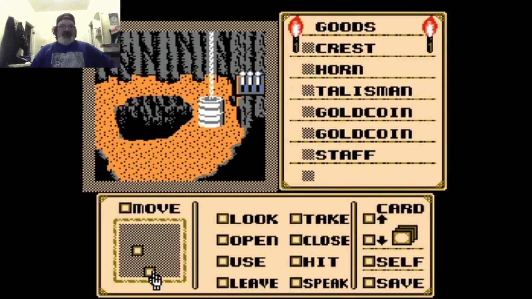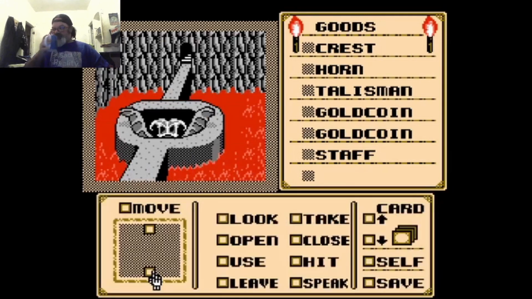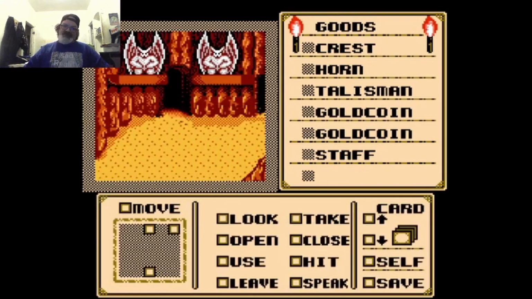So don't bother to try to go down the hole. There's nothing there. It's just doom. I think if you move there, you die, or it won't let you move there for some reason. Either one is not a good end. It's not something you want to do. Go back through here. And then...